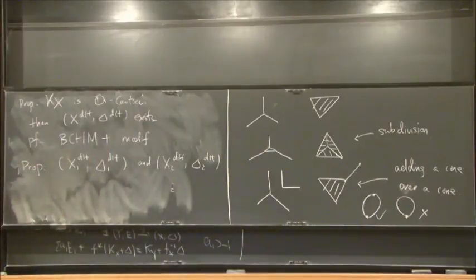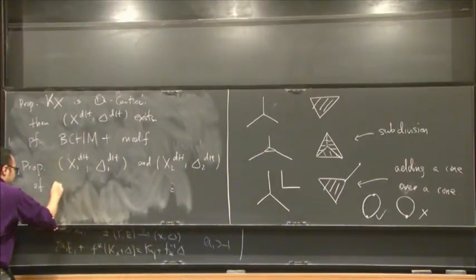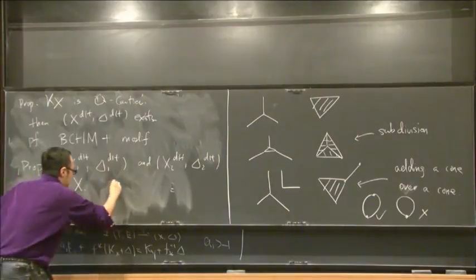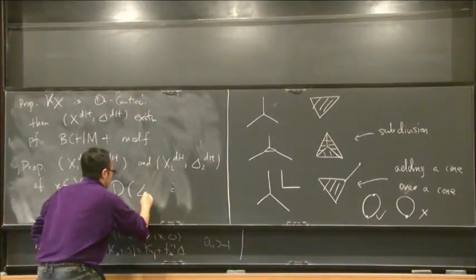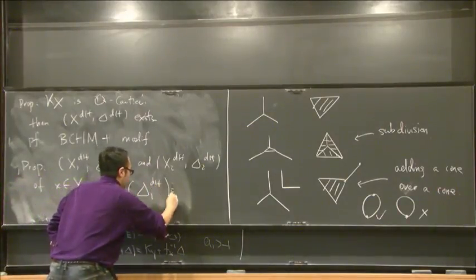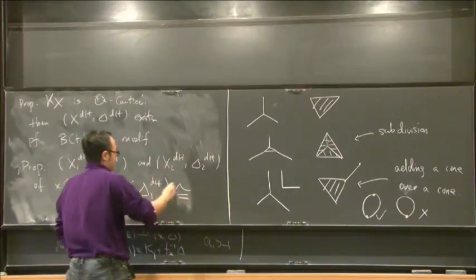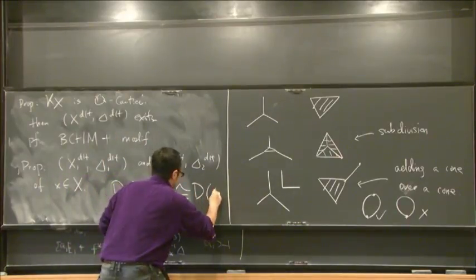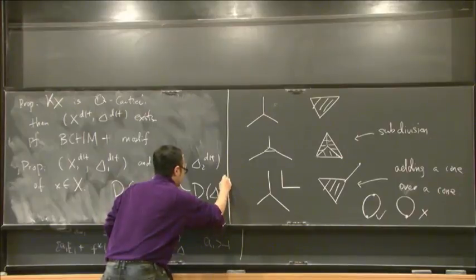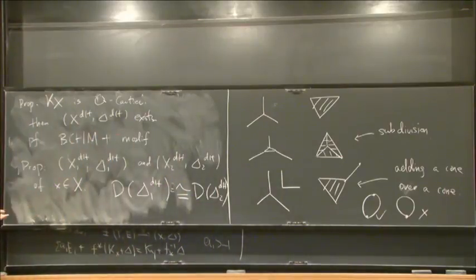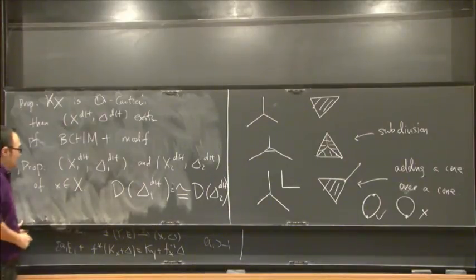If I have two dlt modifications of the same singularity, and I look at the dual complex of these two, they are indeed homeomorphic to each other. So it's much stronger than homotopic. And